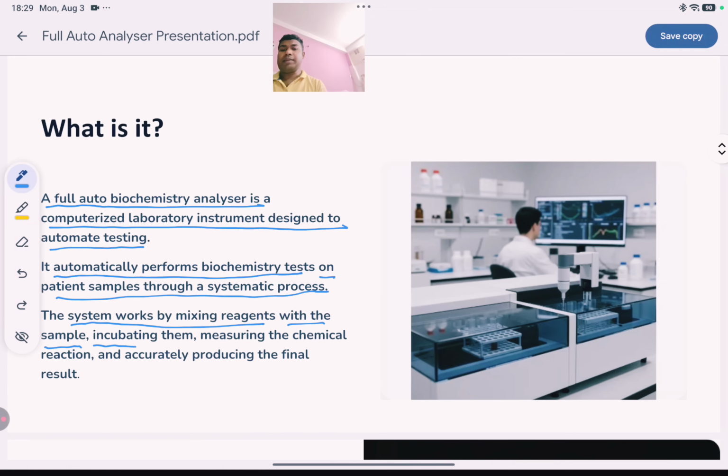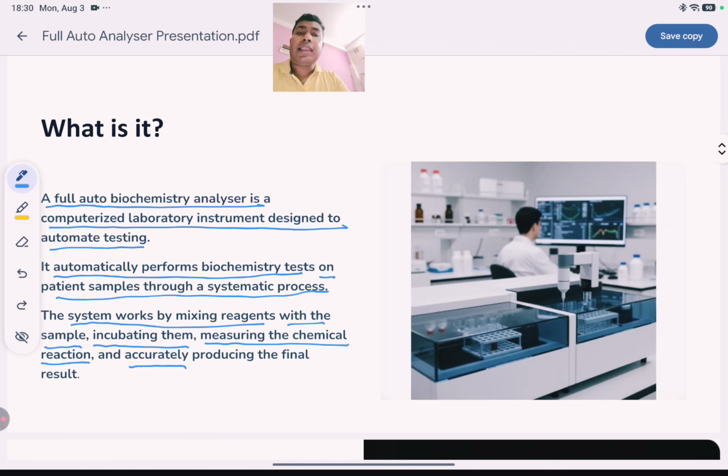Different sample needs different incubation temperature. So this system, it automatically incubate them, and then it will do the chemical reactions automatically. Everything will be done automatically here, and then it will provide result on the screen accurately. Okay,